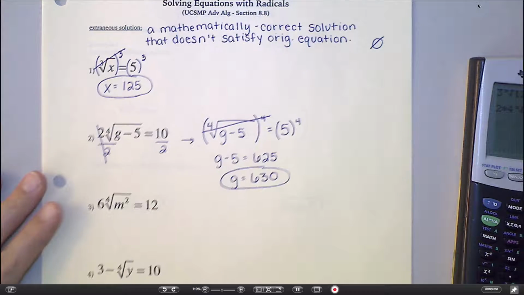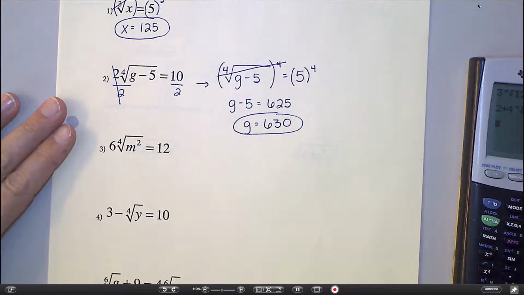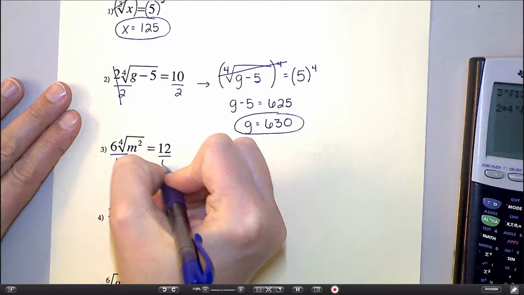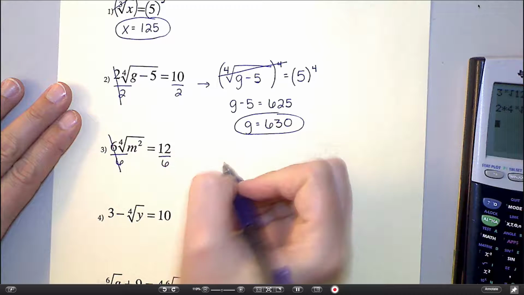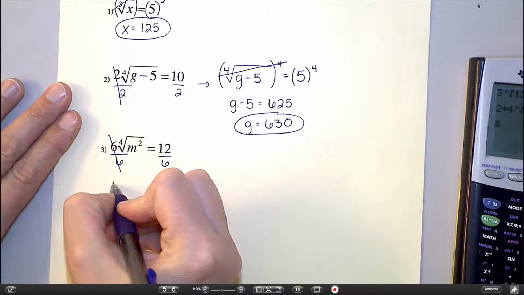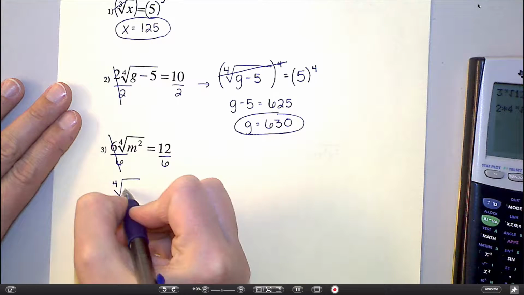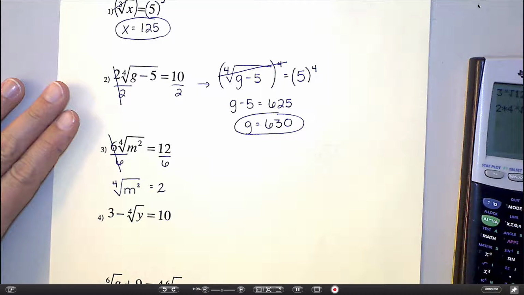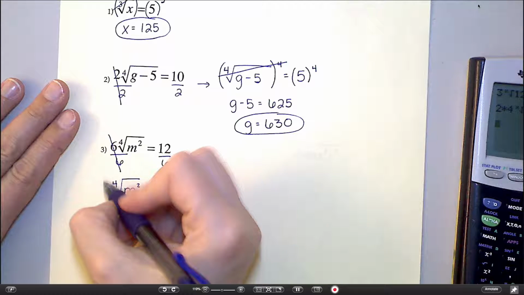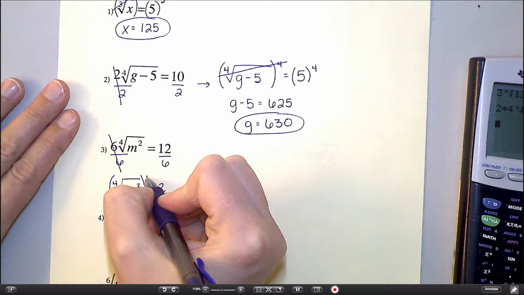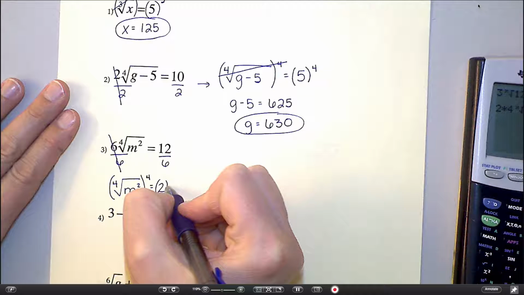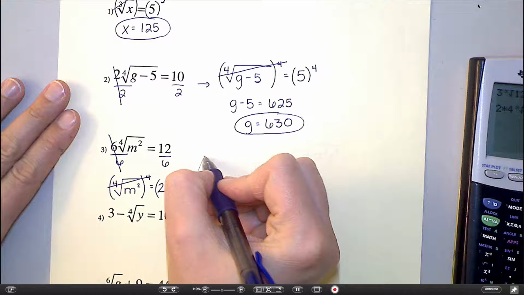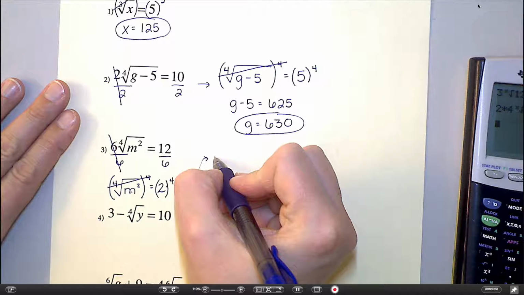Okay, so on the next one, number 3, start by dividing by 6. Get rid of that 6 out there. That's going to give me the 4th root of m squared equals 2. 12 over 6 is 2. Raise each side to the power of 4 to get rid of my 4th root. That's going to leave me with an m squared